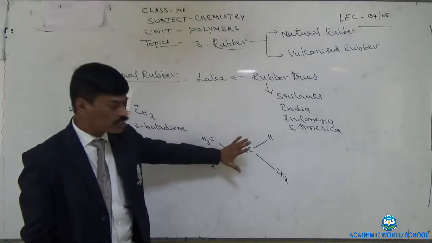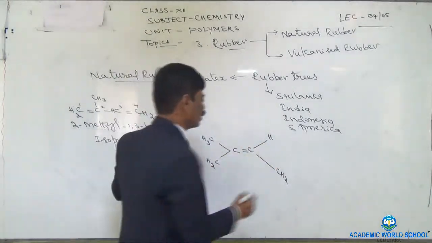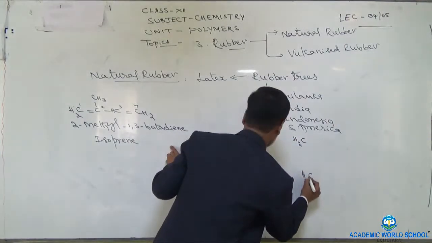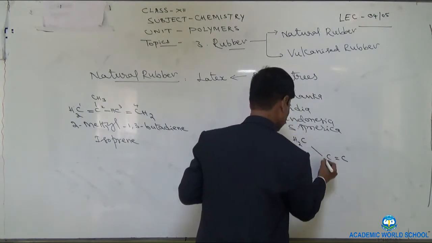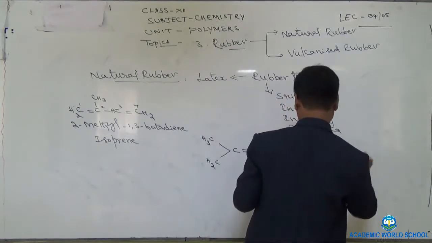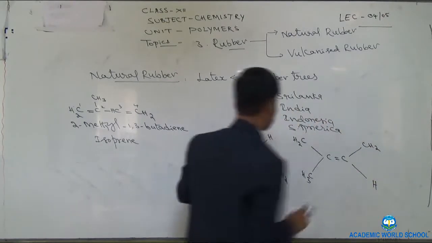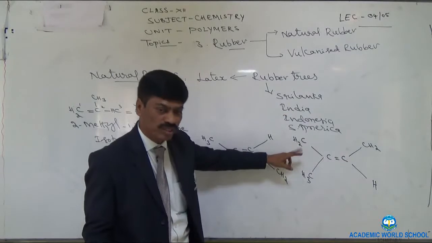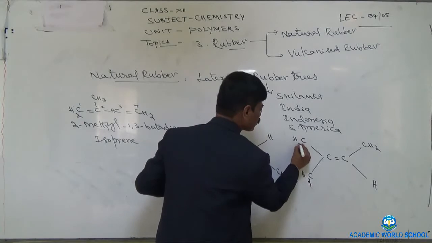Now, same isoprene unit I am going to show upside down in this way. Means CH2 will come up, in this way, CH2, right? And here CH3, and then C double bond C, like this. Right? And then here CH2 and here H. Here you need to remember one thing. If you want to show this in this way, it is up to you. Here CH3. It is up to you.